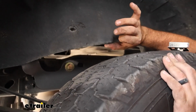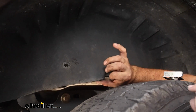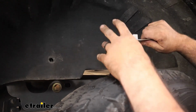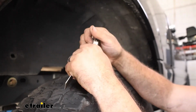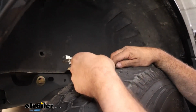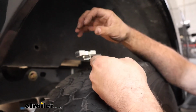So I'm able to peel this back, and if you look up in the corrugation, that bolt thread doesn't stick down a ton, and it's in an uprise part of the corrugation. So what we'll need to do with our tool is put a little bit of a bend here to where it's going to sit nice and flat. I don't think it should take too much to bend here, but at this angle we can adjust as necessary. But we're going to raise this in place and just get that spacer around the bolt,